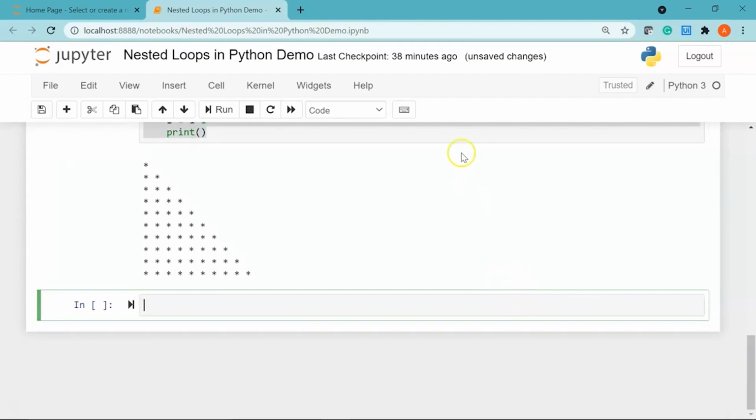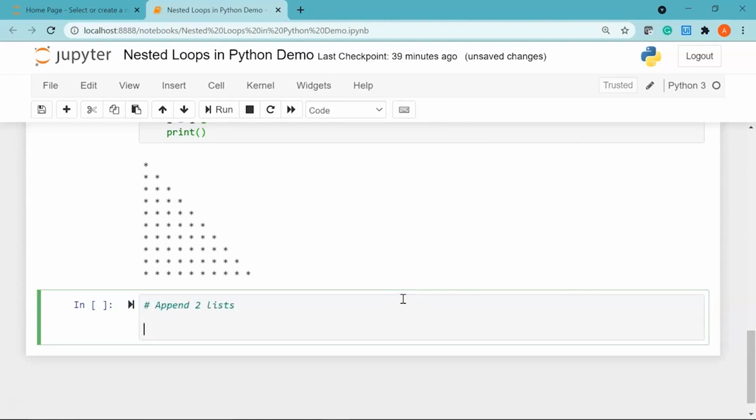Now moving to our next example where we'll see how to append 2 lists. So first of all, I'm going to declare list 1 and list 2, and we are going to append the elements of both the lists into an empty list called result. So I'll give a comment, append 2 lists.